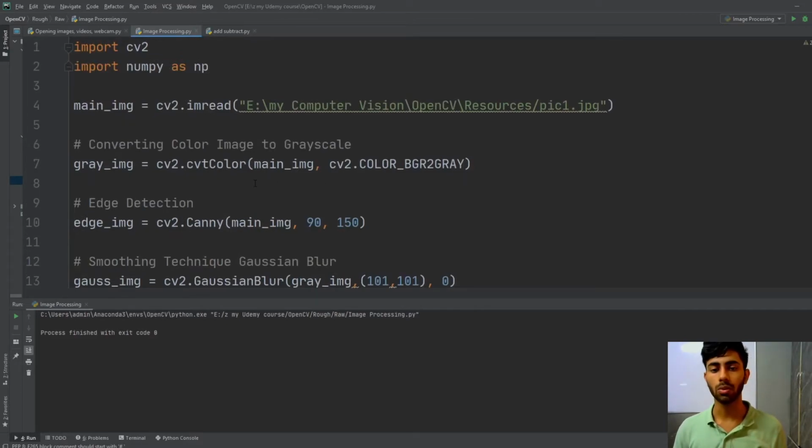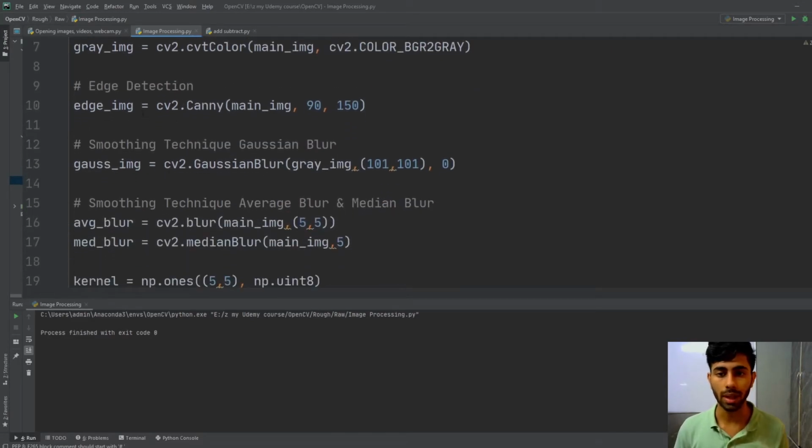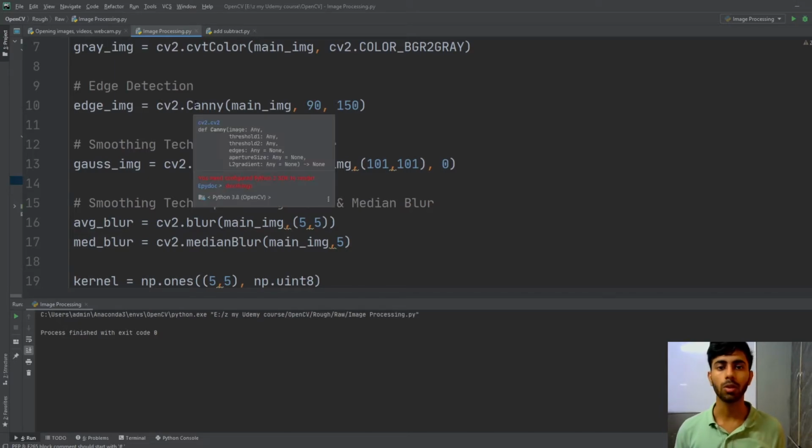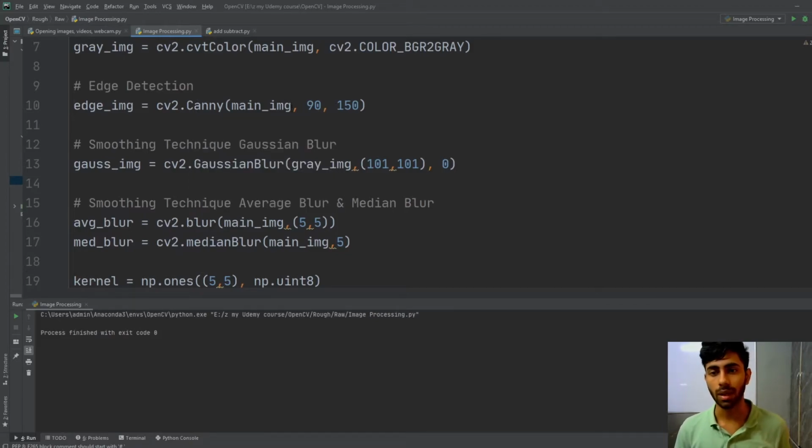Now I'm going to perform edge detection on my original image. In order to do that, I have created a variable that is edge_img, and then I'm going to use a method that is Canny. So Canny is a method that is used to perform edge detection on an image. As the arguments, I have to first pass my original image, that is the image on which I want to perform my edge detection, and then I have to pass two threshold values. Here the threshold values can be any numbers. Suppose I'm going to pass here 45 and another value I'm going to pass here 120.